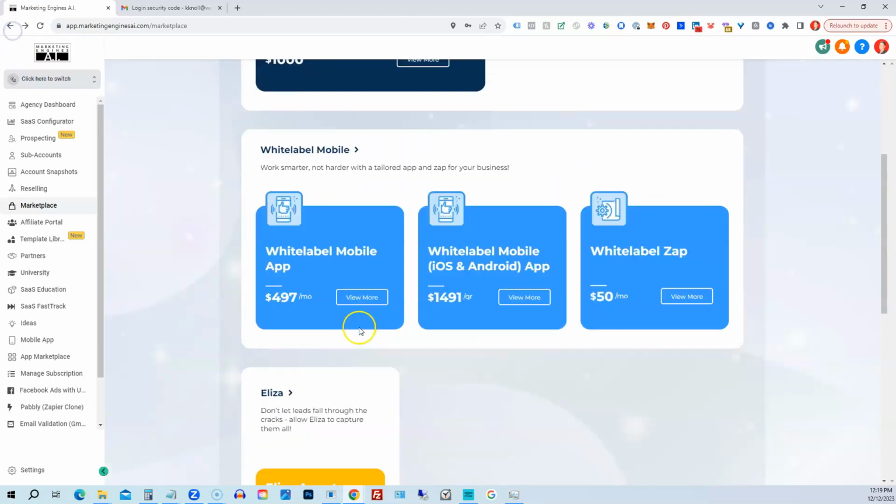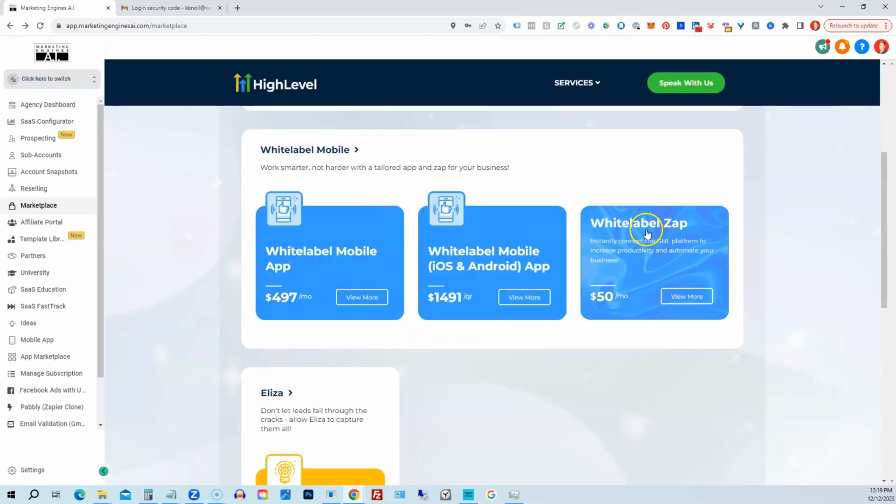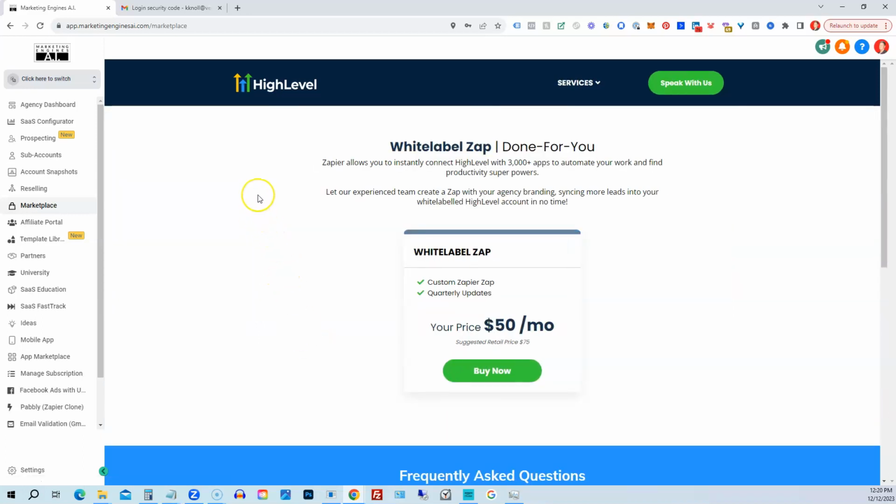So you're saving a bit of money if you're going to commit to doing it. Then we have the white label Zap. Instantly connect the GHL platform to increase productivity and automate your business. I used to love Zapier, but I found their pricing went way too high. So I've moved over to Pabbly,